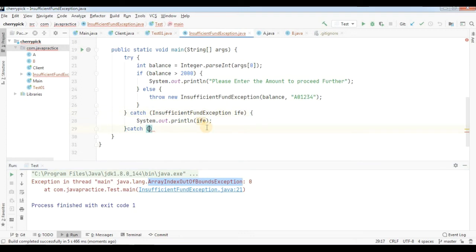Then I am just providing the reference for this particular exception class as AE, arithmetic exception. I am just printing the AE value. Anyhow, once this particular exception comes, the toString method will be called automatically over here. Let me run this program again